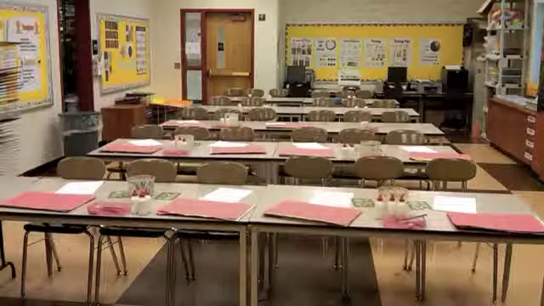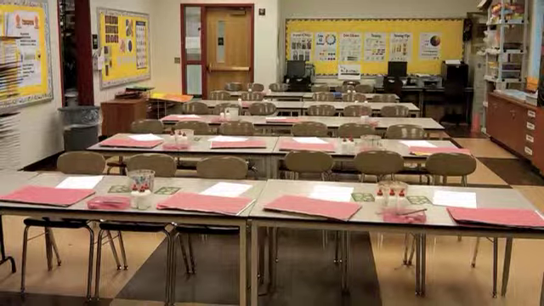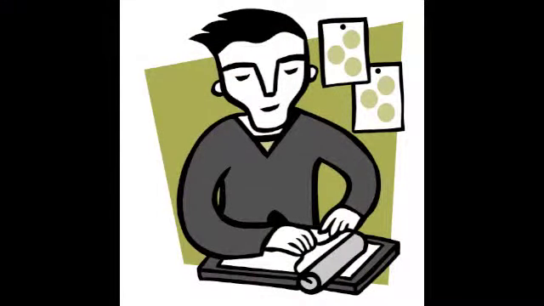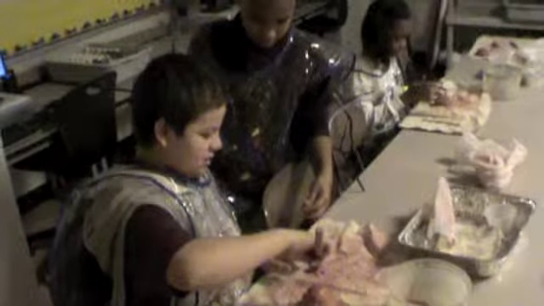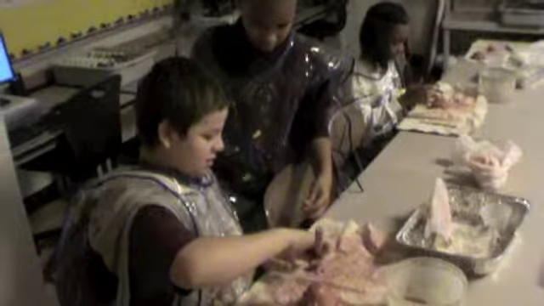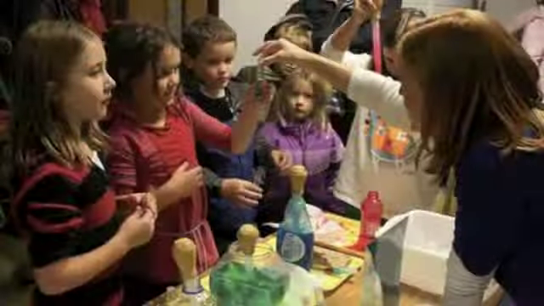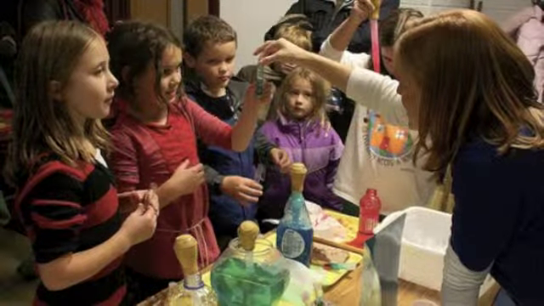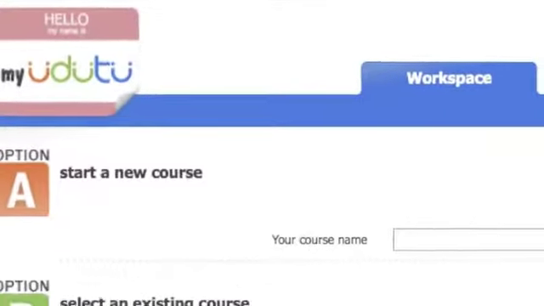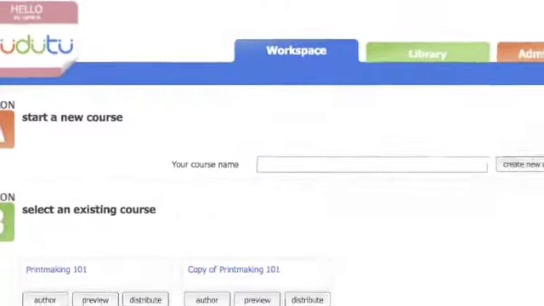The room will be set up with centers for the students to practice these different types of printmaking. These projects are also part of their grade. I think by allowing the students to take control of their own learning and then apply what they have learned while collaborating with their classmates at centers, students will have the opportunity to express themselves freely and improve their performance in class. Using an online learning management system such as Udo2, an online e-learning lesson, high-quality instruction can be delivered to all learners at various levels.